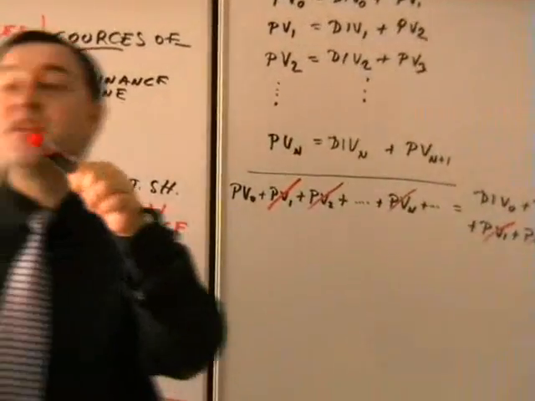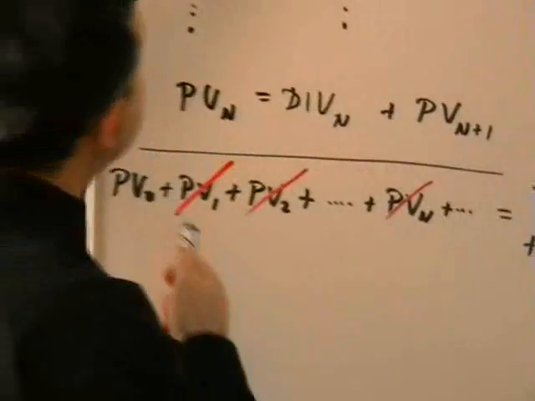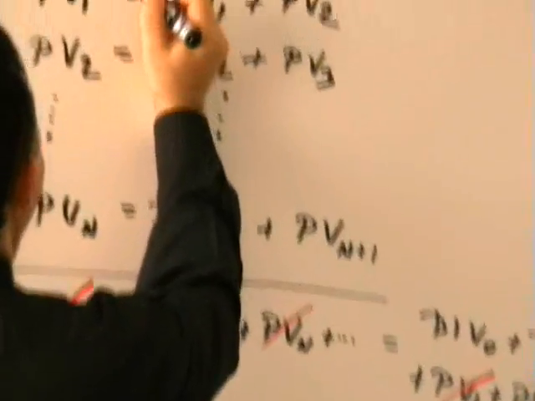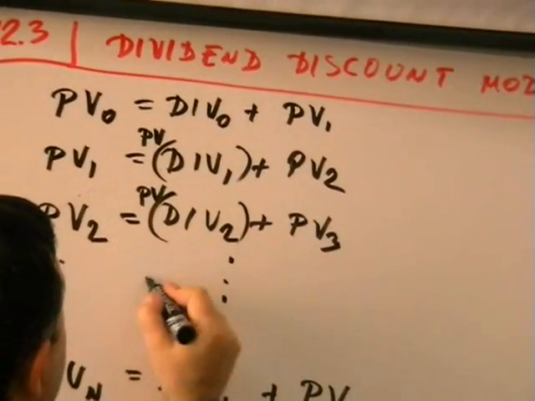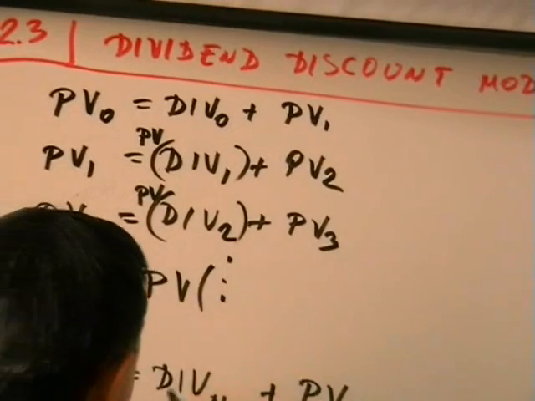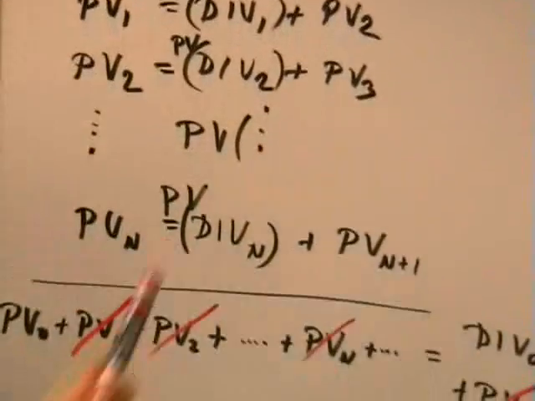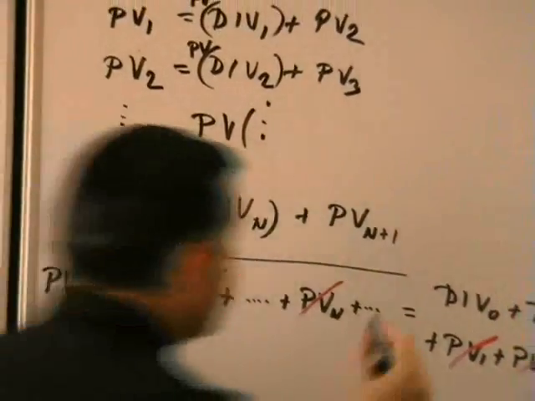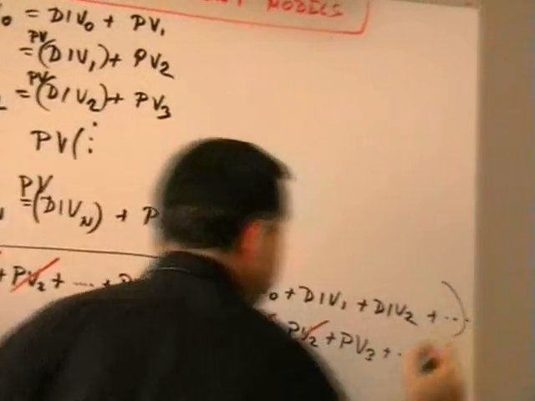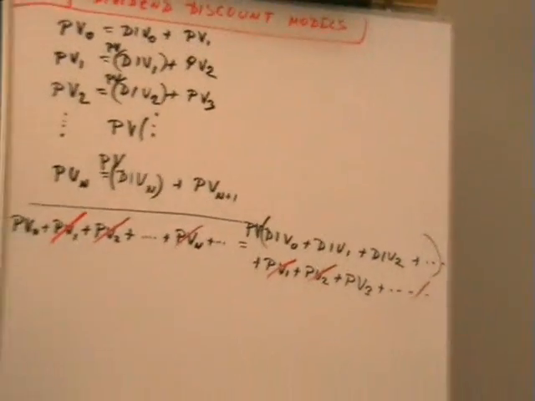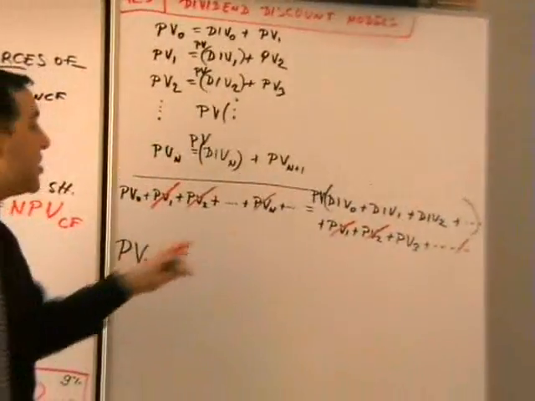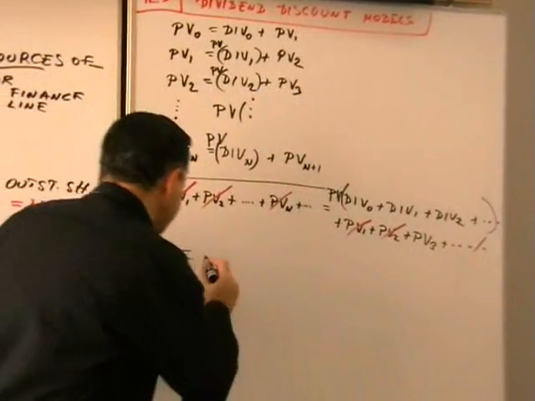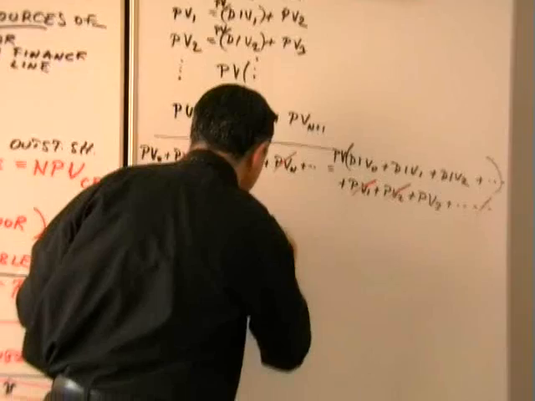Okay, here's what I should have done. I should have said dividend 0, now PV of dividend 1, PV of dividend 2, PV of dividend N. So I should have said here PV of these dividends. That's how I should have done it. And now it becomes that present value 0 is equal to everything else disappears. All present values disappear. The only thing that we have is present value 0